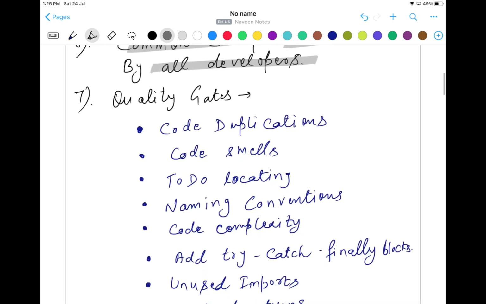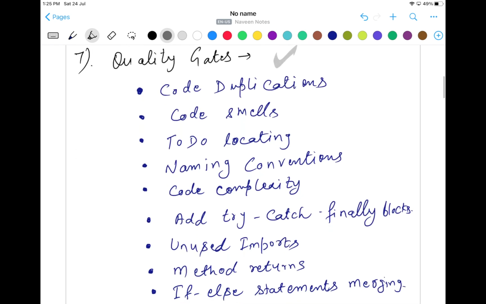Now, what do you mean by different quality gates? If you talk about different quality gates, first of all, it will check whether there are any code smells or code duplications. Have you written any duplicate methods or duplicate logic, duplicate variables, or similar kind of statements where the compiler was not giving an error, but it will tell you, okay, why are you taking unnecessary duplicate code here? So it will tell you those things as well. It will also tell you if you have written a to-do as a comment, saying it will be done later. It will inspect those things also, and it does not like those things.